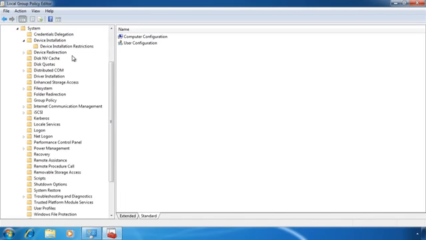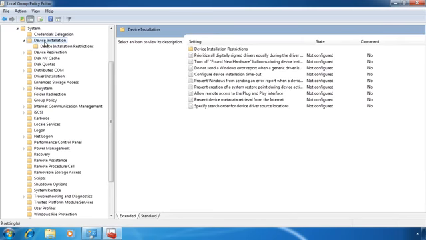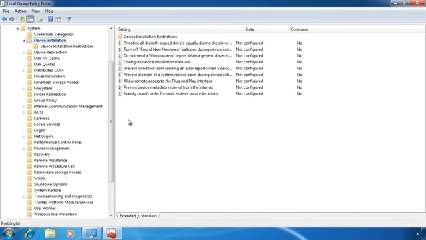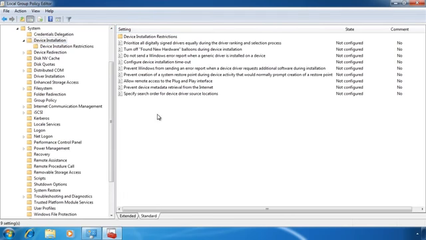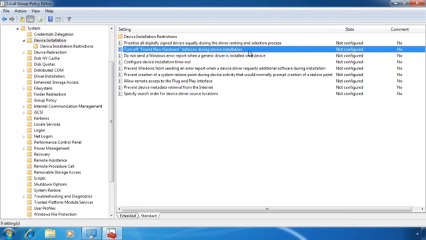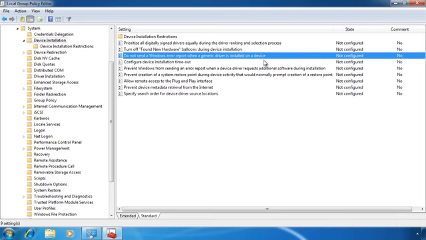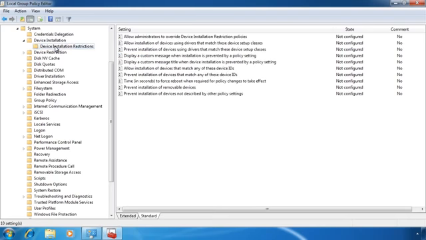These settings determine how device drivers will be installed on your system. There are a lot of settings you can configure. If you want to have device drivers installed with as little user interaction as possible, you may want to configure Turn Off Balloons when found new hardware. You can also configure if Windows will send error reports to Microsoft. This kind of information does help Microsoft improve their operating system, but some companies are sensitive about information that gets sent out. If I go into the folder Device Installation Restriction,